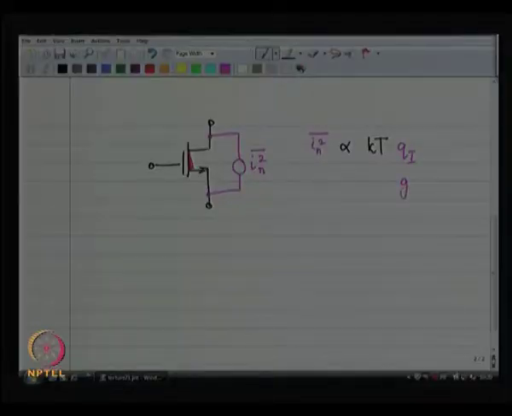we would prefer to model the noise in terms of higher level parameters, and really the channel charge is proportional to GM, is not it? The larger the GM, more the channel charge, larger the transconductance, more the channel charge. So, the channel charge is really proportional to GM. So, instead of the channel charge, you can say that it is also proportional to GM. Now,